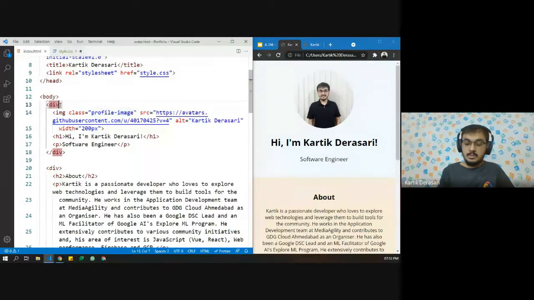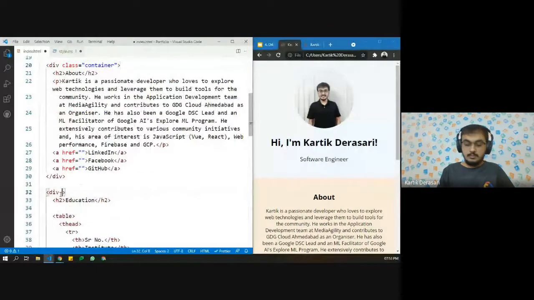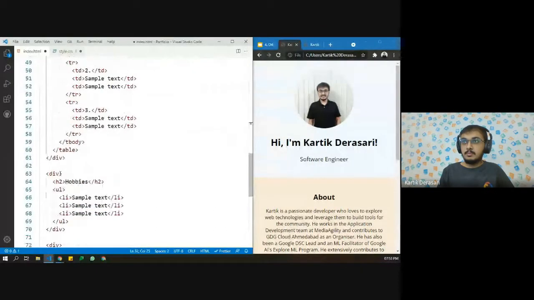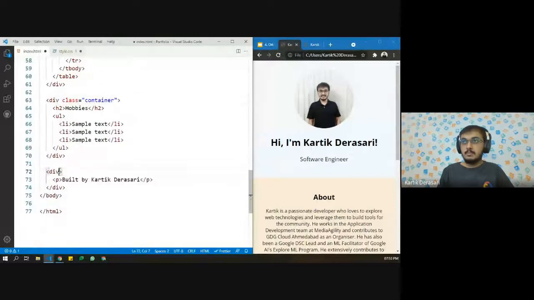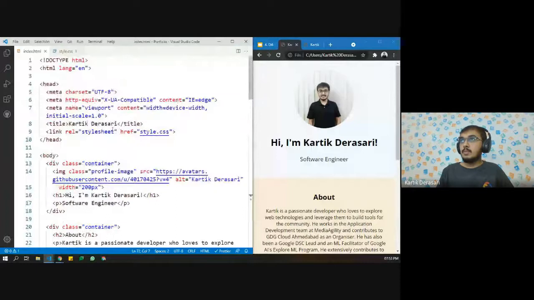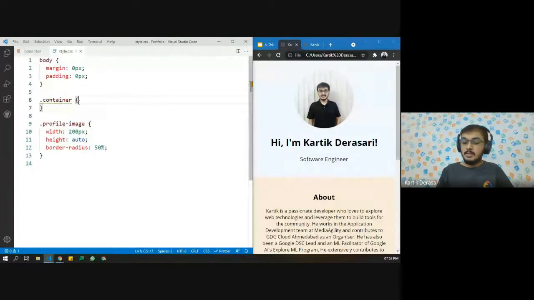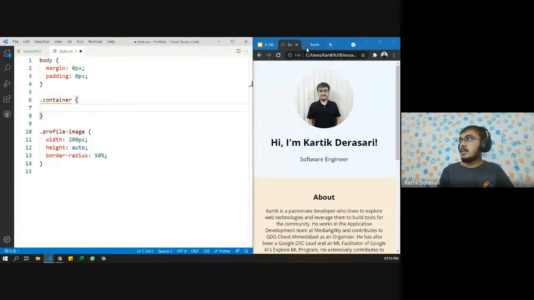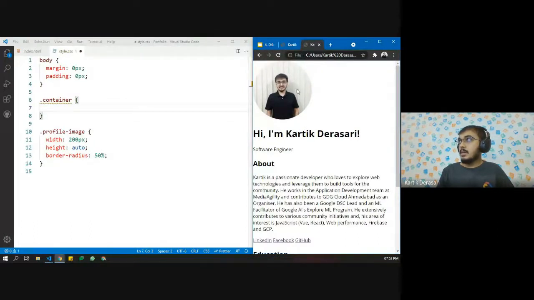Let us add a class to all the containers. Inside the container, let us have some margin and padding because it is clearly touching the borders.